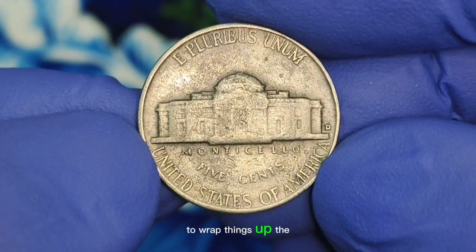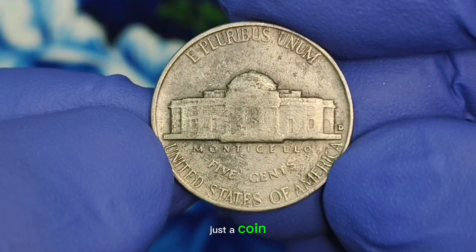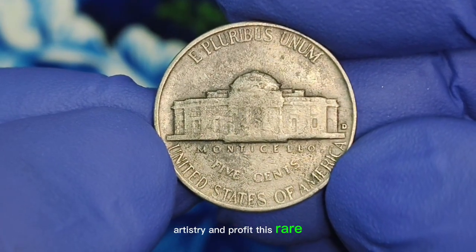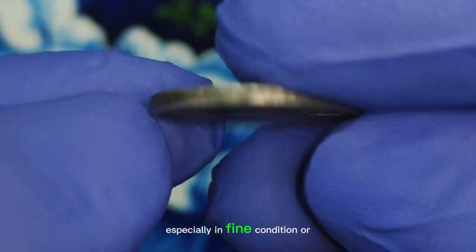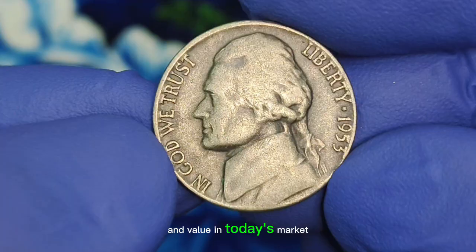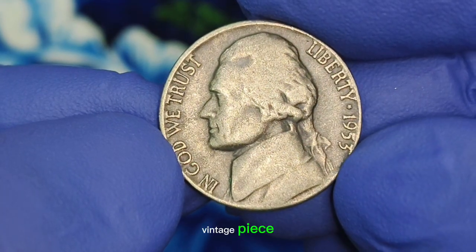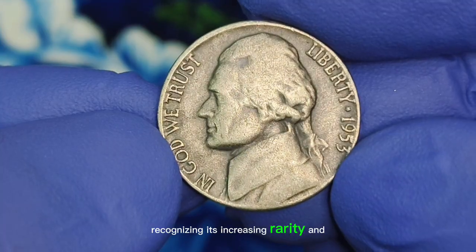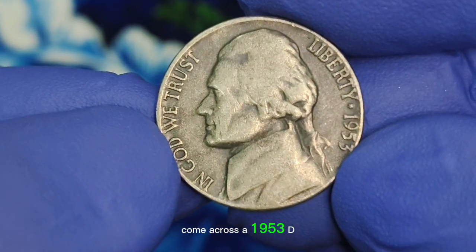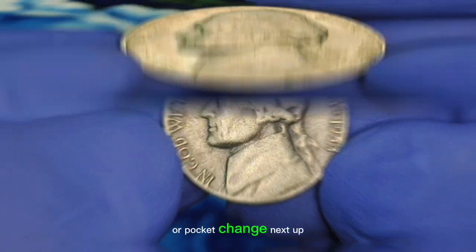To wrap things up, the 1953 D Monticello Jefferson nickel is not just a coin. It's a gateway to history, artistry, and profit. This rare 5-cent coin, especially in fine condition or better, continues to rise in popularity and value in today's market. Collectors across the globe are on the lookout for this vintage piece, recognizing its increasing rarity and strong investment potential. So, if you happen to come across a 1953 D Jefferson nickel in your collection or pocket change,